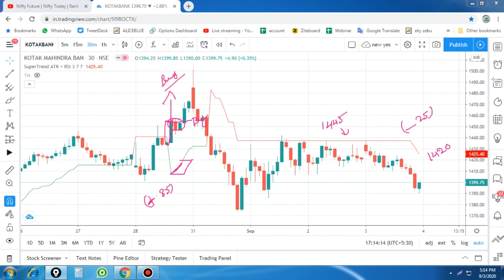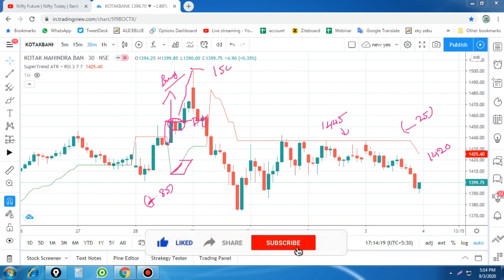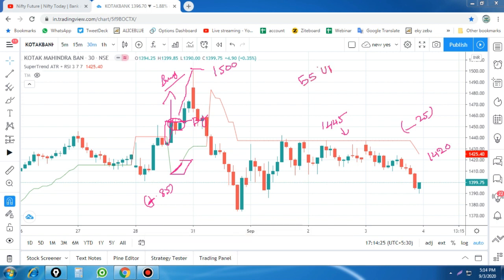So when the line spikes up, it gives you a buy signal, and after that it went up to 1500. Here I got a 55 point up move after my entry, and I am taking a risk of 25 points. So it is around a 1:2 risk reward ratio. Here I don't have a target for the stock, but the stock rallied. So when you do the trade, you can manage with a good risk reward ratio, and you will get some right trade opportunities.